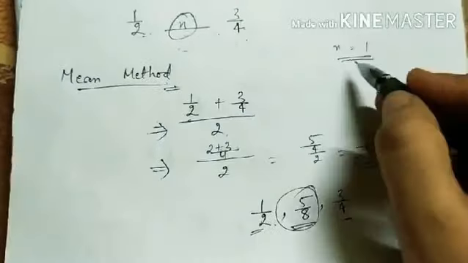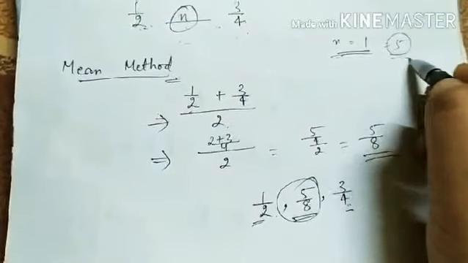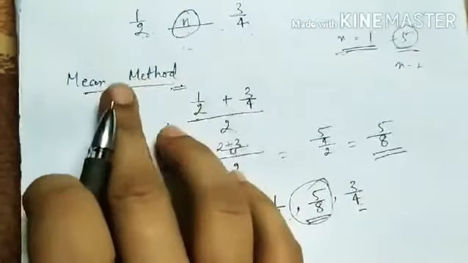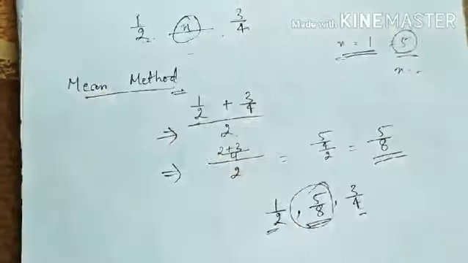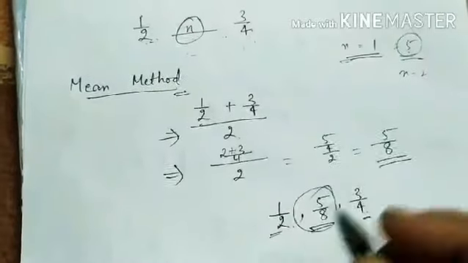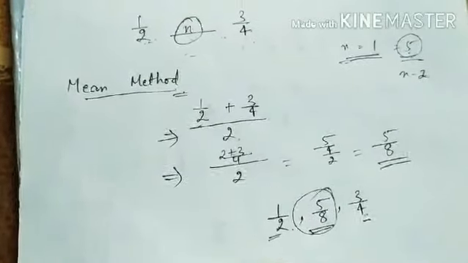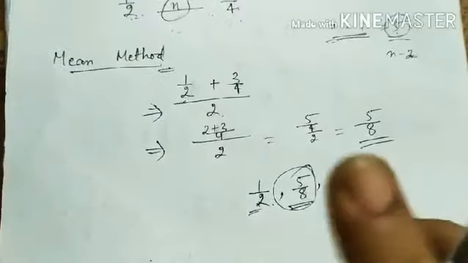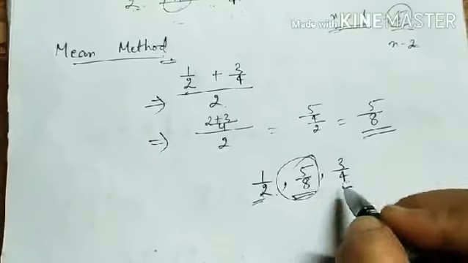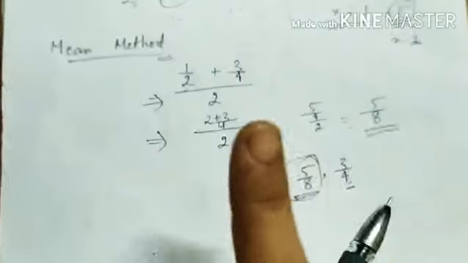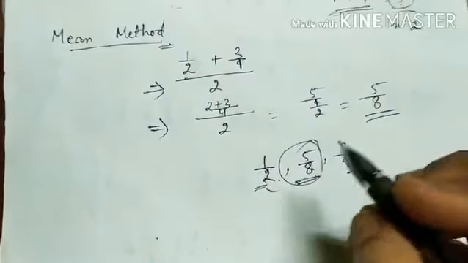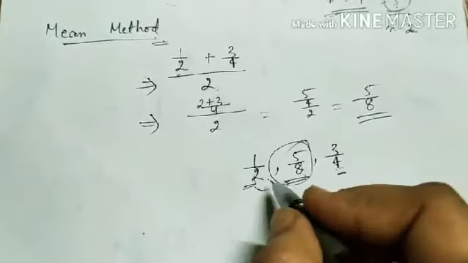Now suppose if n is 5, n क्या है हमारा? 5 है. या n क्या है हमारा? 2 है. ये मीन मेथड हम कब लगाएंगे? जब हमारा n क्या हो? 5 हो या 5 से कम हो, मतलब 1 हो, 2 हो या 3 हो या 4 हो या 5 हो. तो हम क्या करेंगे? सपोज करो हमारा n 2 है. तो हमें 1/2 और 3/4 के बीच में क्या करना है? दो रैशनल नंबर्स निकालने हैं. तो कैसे निकालेंगे 1/2 और 3/4 के बीच में? इन दोनों के बीच में एक रैशनल नंबर निकाल देंगे तो हमारा दो रैशनल नंबर्स हो जाएगा. इन दो के बीच में निकाल देंगे तो हमारा तीन रैशनल नंबर्स हो जाएगा. अंडरस्टूड? गेटिंग दैट? लाइकवाइज वी हैव टू डू. आई विल शो यू हियर.